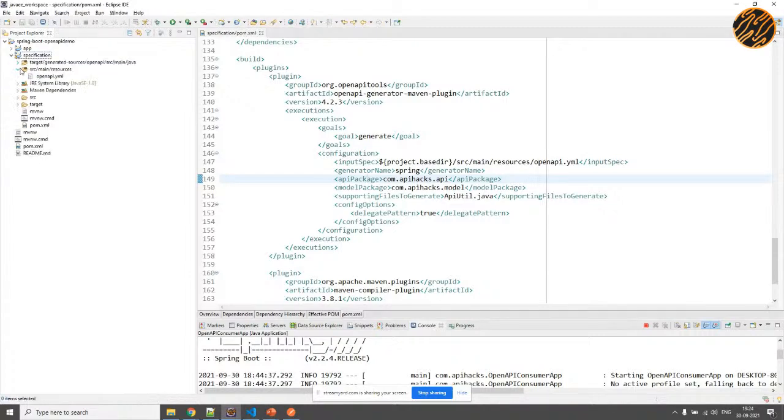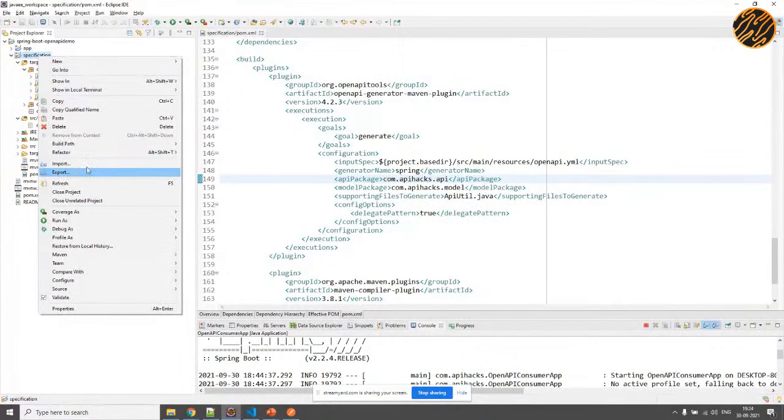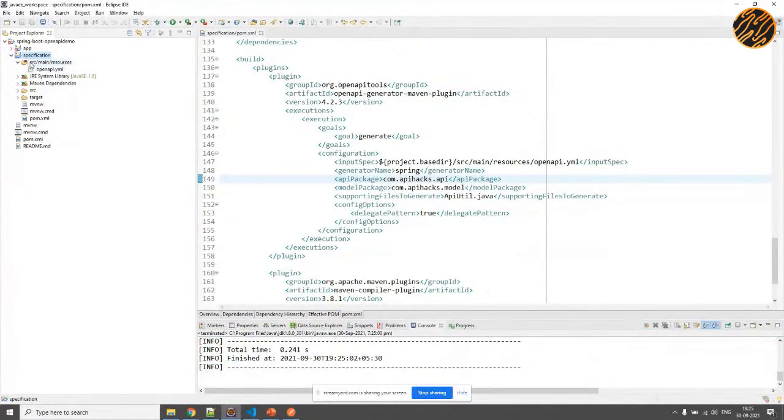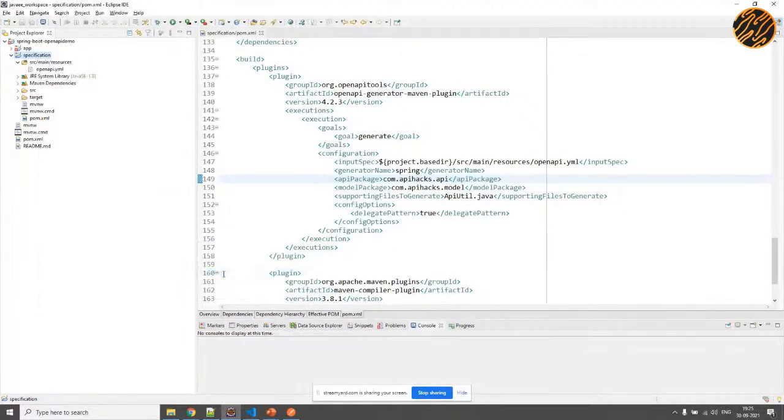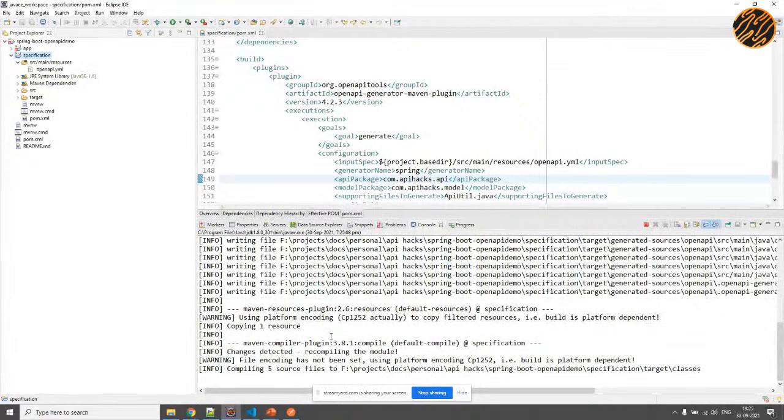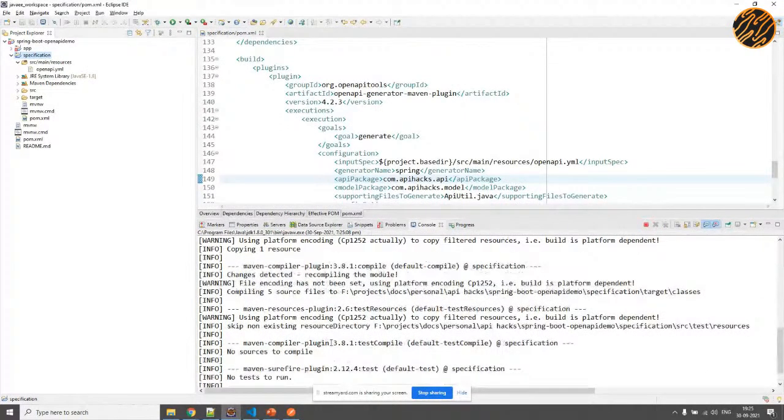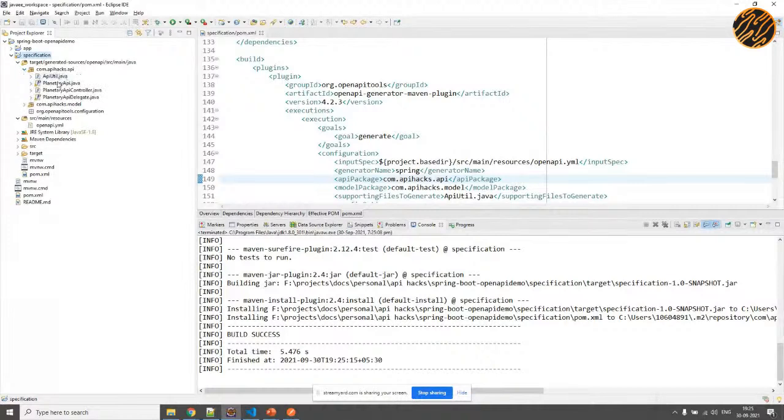Let me quickly show you how that would look. If you expand this target, once you run this project, you can actually generate these particular classes. Let me stop the server and try cleaning this project. Let's generate this again. Once you do an MVN install, it would generate certain classes for you. So it has generated them, and you can see that inside the target folder, you now have these classes generated.